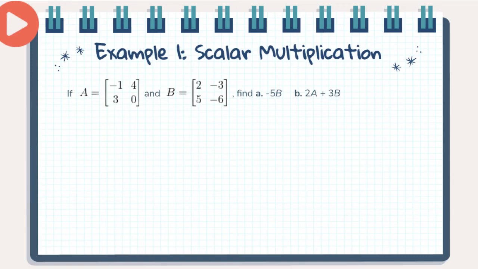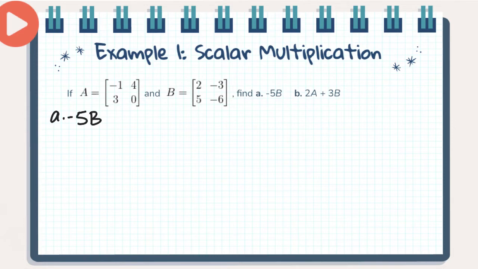Example 1, scalar multiplication. If A equals [-1, 4, 3, 0] and B equals [2, -3, 5, -6], find -5B and 2A plus 3B. So let's go ahead and do part A. We are just looking for